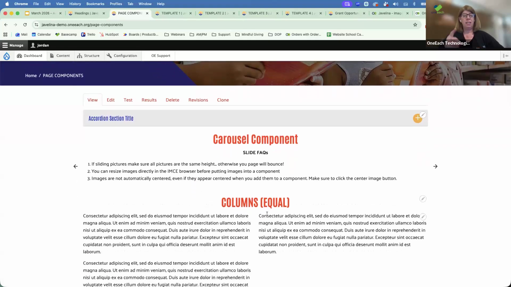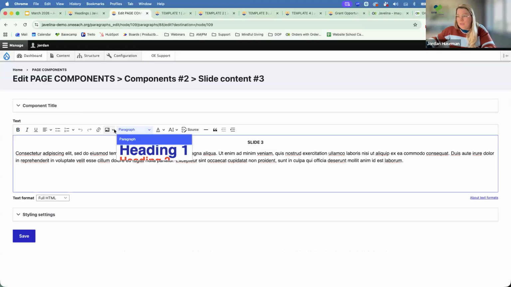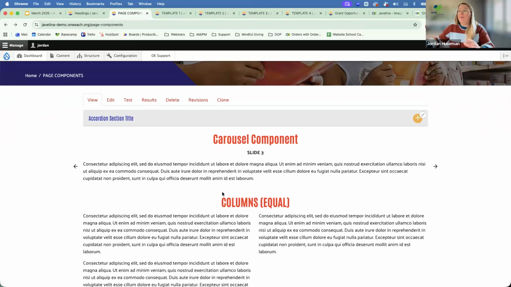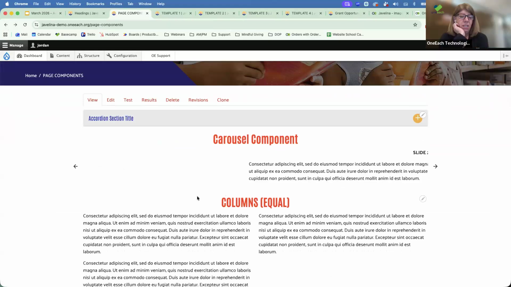So that's so perfect, because you and I were talking about that earlier today, and someone said, is there another way to do it besides dragging out the corner? Yes, there absolutely is another way to do it. Let's see if I can go in. My image tool is not wanting to work for me at the moment. But when you are in your IMCE file browser, when you're going to upload an image,